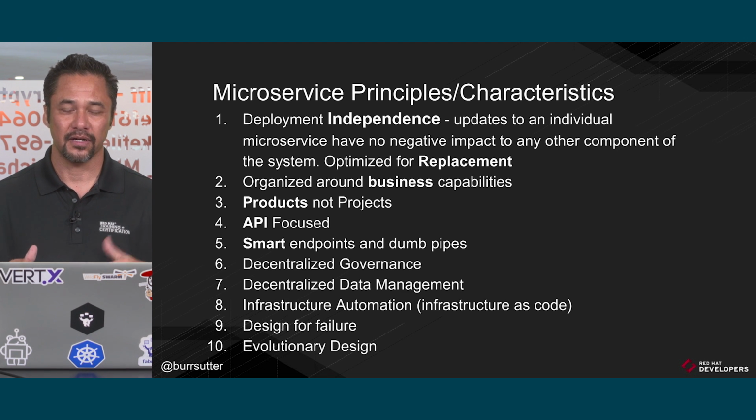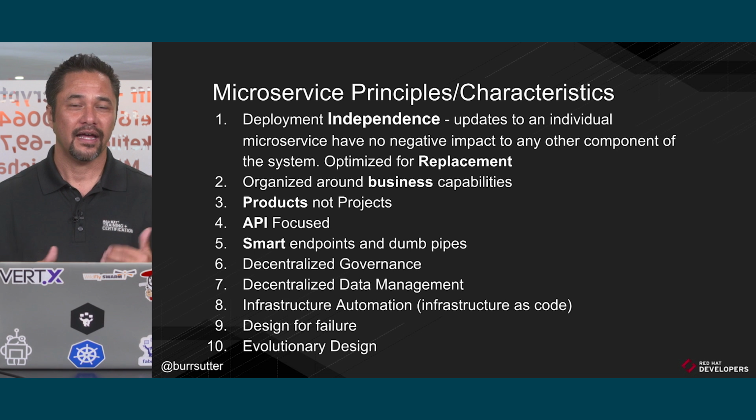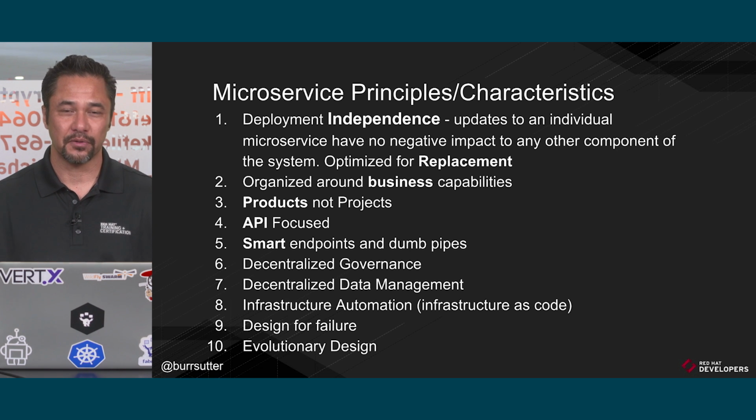Basically, as each component comes into the system, I can roll that out into production with 0 downtime to the rest of the system. So that's critical. We'll show you some examples of how we do that when we actually get into the Kubernetes and OpenShift demos. But that is an example where, from a microservices perspective, this is a key enabler of agility,